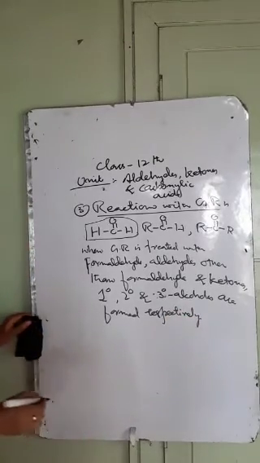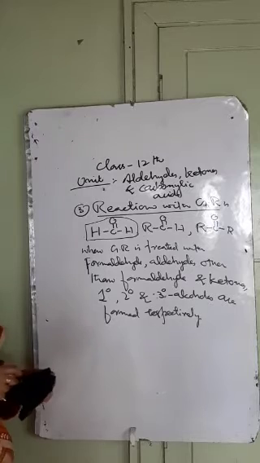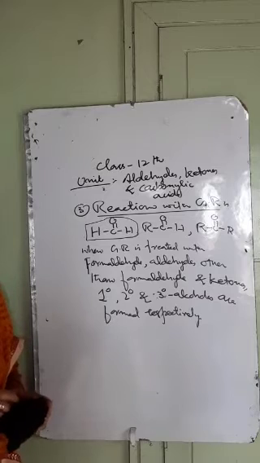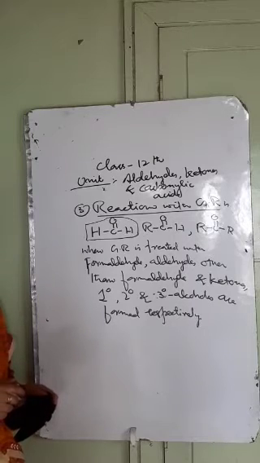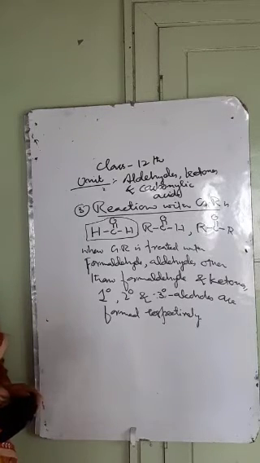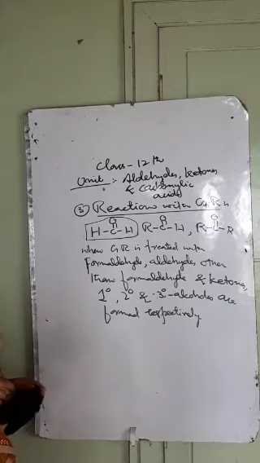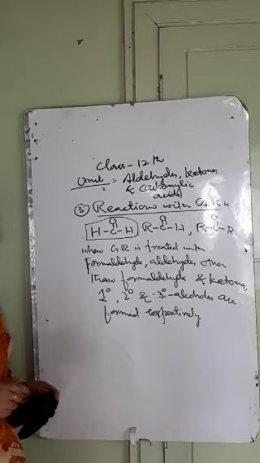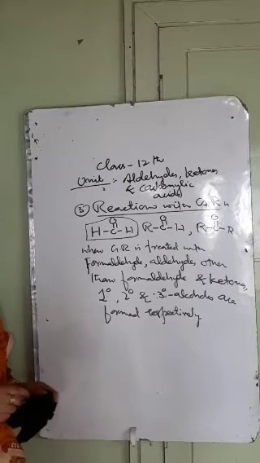इसका मतलब ये है कि फॉर्मल्डिहाइड अगर रिएक्ट करता है ग्रिग्नार्ड्स रिएजेंट के साथ, वहां पर पहले एक एडिशन कंपाउंड बनता है, which upon hydrolysis results in the formation of the primary alcohols. Now if we have the aldehyde other than formaldehyde, it will react with Grignard's reagent, addition compound is formed, which upon hydrolysis results in the formation of the secondary alcohols. And ketones जो होते हैं वो रिएक्ट करते हैं ग्रिग्नार्ड्स रिएजेंट के साथ, तो एडिशन कंपाउंड बनाते हैं and then upon hydrolysis results in the formation of the tertiary alcohols.